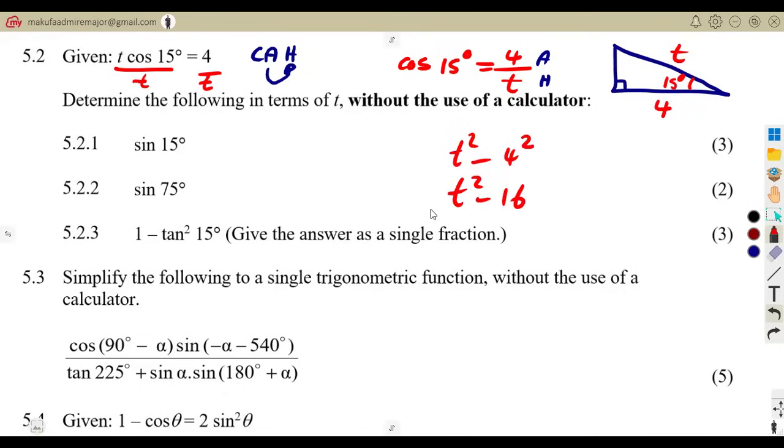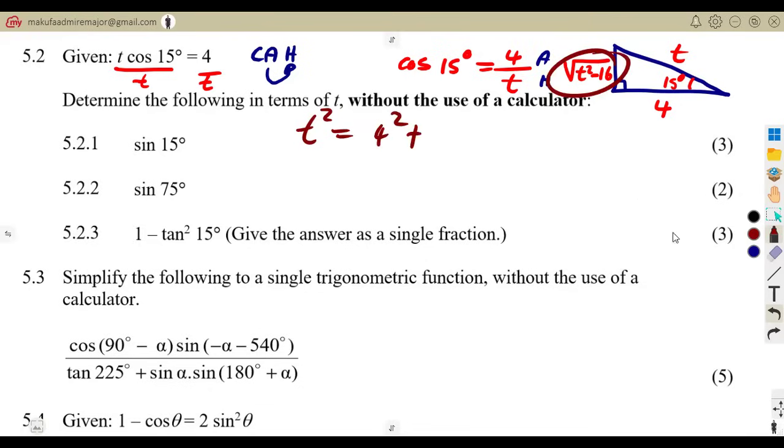That's t squared minus 16 under the square root. Use your Pythagoras theorem there, guys. I'm just going to write this in short, but you're supposed to use your Pythagoras theorem. Just for the sake of revision, remember Pythagoras: t squared is equal to 4 squared plus